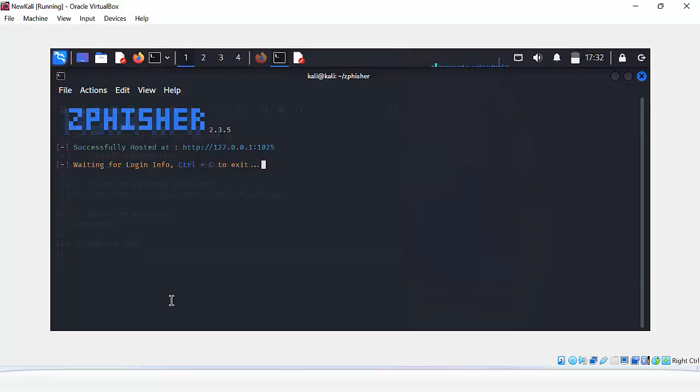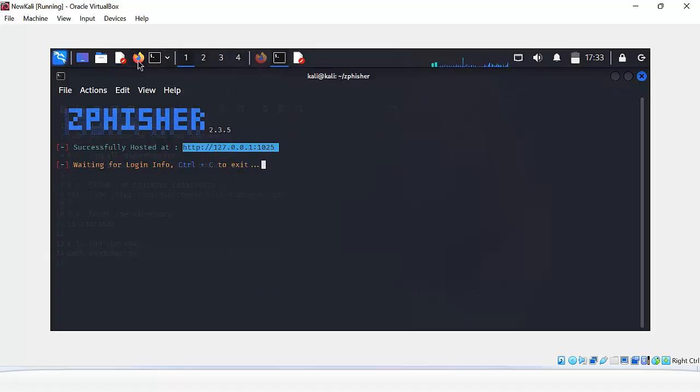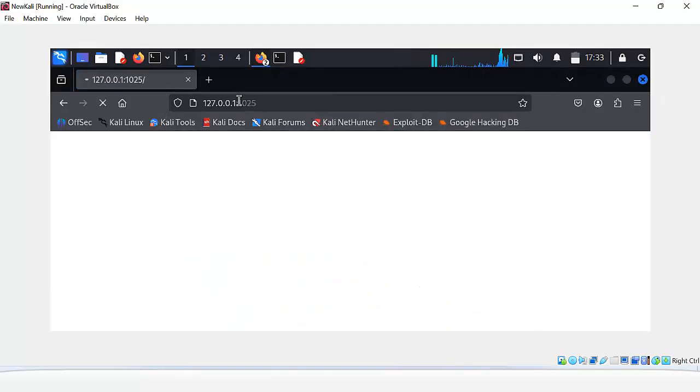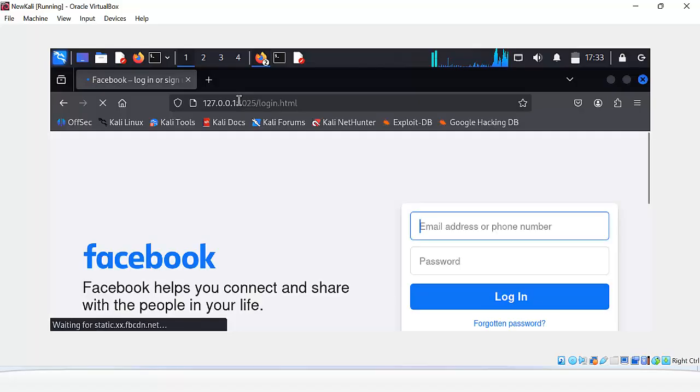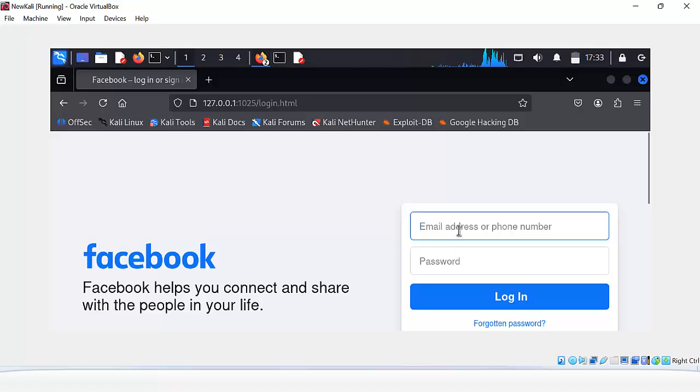So it's going to wait for the login info, right? So now you see that it's telling us successfully hosted at this. So it's telling us to run this right here. So I'm going to Control C, I'm going to copy selection and I'm just going to come right here and I'm going to paste that IP address right away. So when I paste the IP address right away, what do you see? You see that it has cloned Facebook for me. So if you send this one to a victim and the victim enters this login,